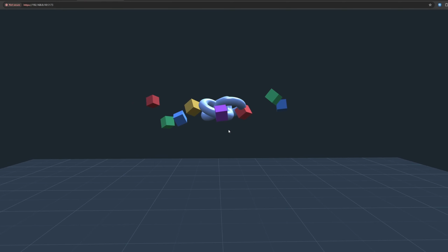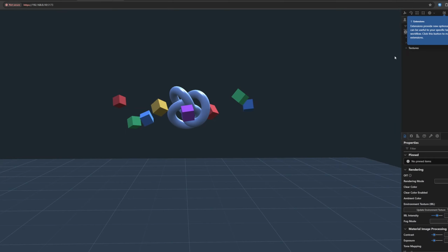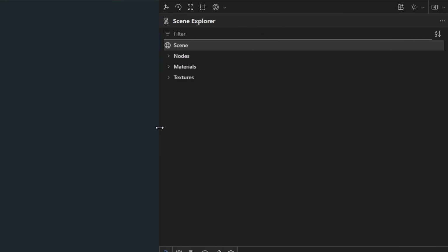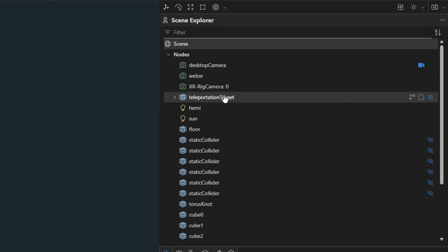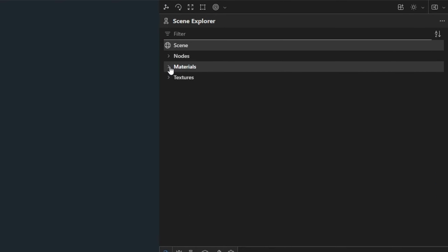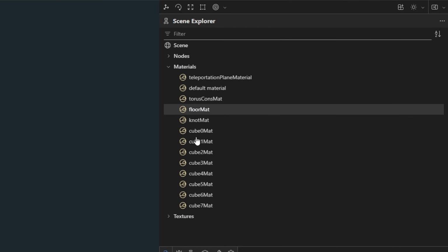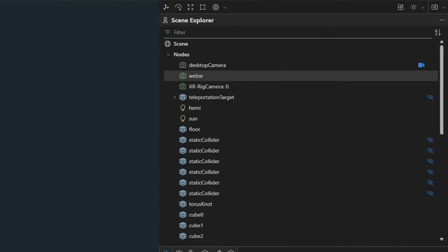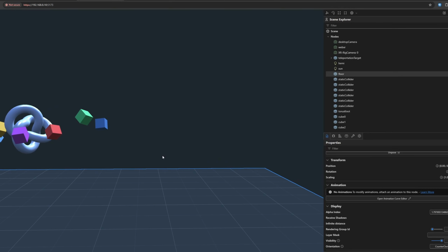We can go Control, Alt, I and open the Babylon.js inspector, which is the new one. If you're used to the old inspector, this is the new inspector. We'll see the nodes, everything that's inside the scene. It's in a very Unity-like way to check everything that's here and the settings that are used. For instance, the node for the WebXR rig is a camera and control speed, and so on. Teleportation target, the floor, it puts the floor mesh. You can easily look around in here,